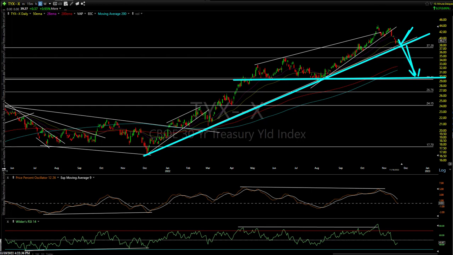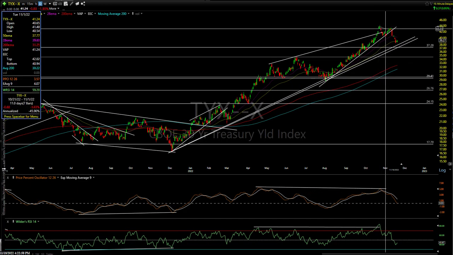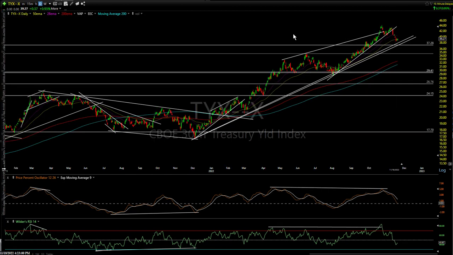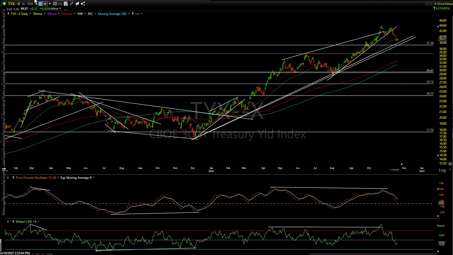This has been a crowded one-sided trade at some point, and I think the Fed was already planning. I believe they had accelerated the quantitative tightening already this year from originally planned, which means they could end sooner than originally anticipated next year. I'll have to look into that. I remember March or something. I thought I might have heard, but don't hold me to that. But yeah, when the market starts to anticipate that the Fed's going to be finished or close to finished with quantitative tightening, you're going to see, I think, a nice rush into Treasury bonds because